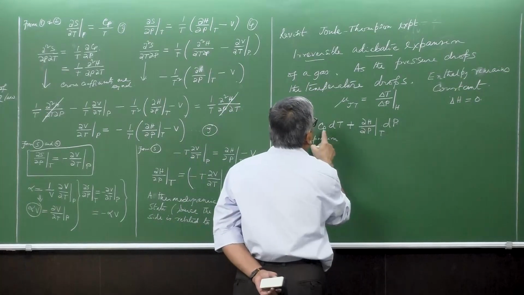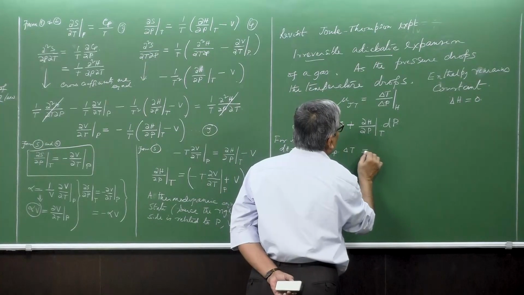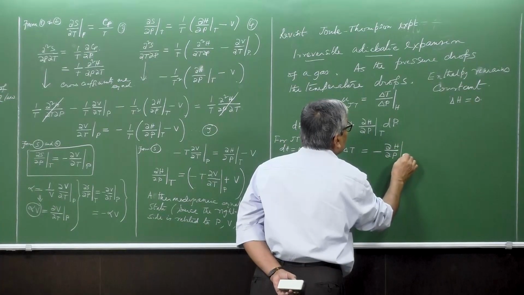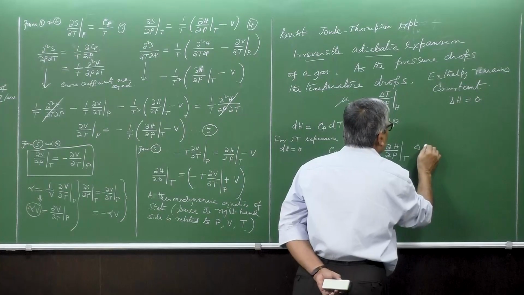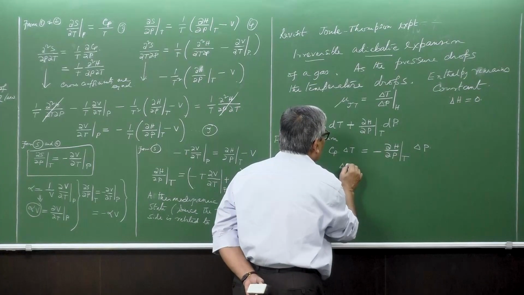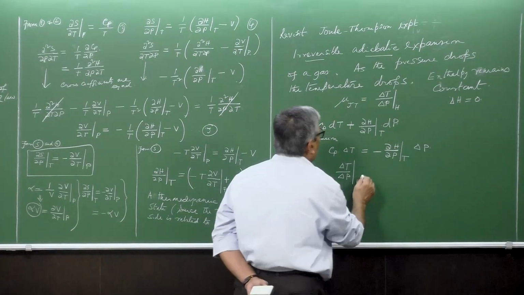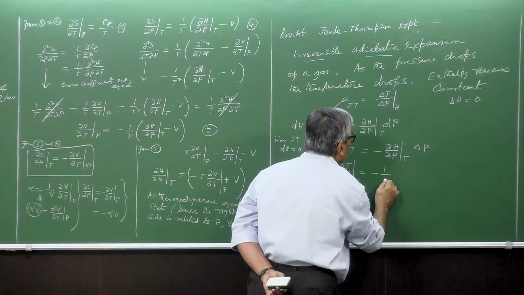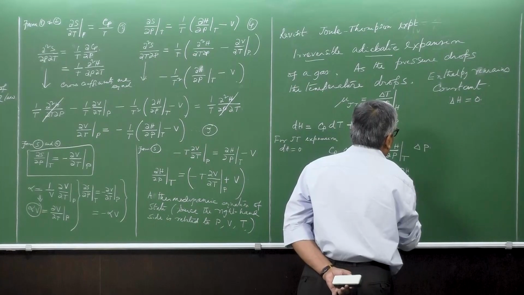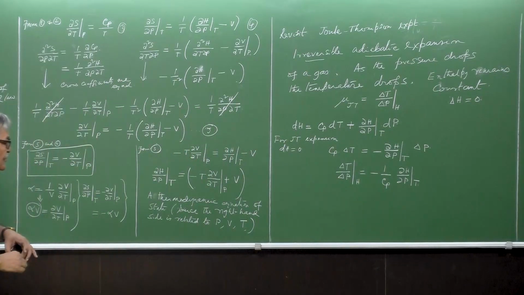So what we had, the Cp times ΔT for a finite process, is equal to minus (∂H/∂P) at constant temperature times ΔP for a finite process. And so this was the quantity. So I had (∂T/∂P) at constant enthalpy H, and that is equal to minus 1 by Cp times (∂H/∂P) at constant temperature. Now here comes the utility of this relation,